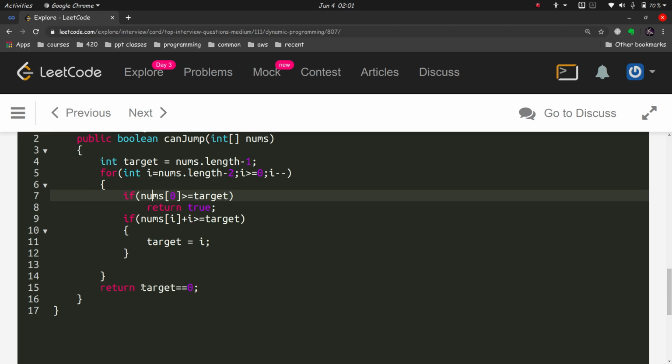Then the target becomes 0, because the last updated target will be the first index, and the first index is 0. So if we can reduce our target from the last point to the first point, then we will return true, meaning we can reach the end.